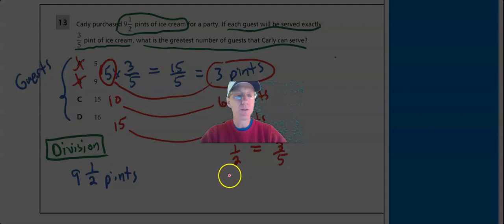Really interesting. So I could just draw that. Here's 1/2. And I have to be careful that I make these the same size. And it's hard to draw fifths. I'm going to need 3 lines. So 1, 2, 3, 4. So if I draw it, I can say here's 1/2, and there's 3/5. So I just barely don't have enough. If I had a little more ice cream, I could do 16. So there you go, by using your knowledge of ratios and fractions. That's pretty cool. These are really fun. Okay, so it looks like my answer is 15.